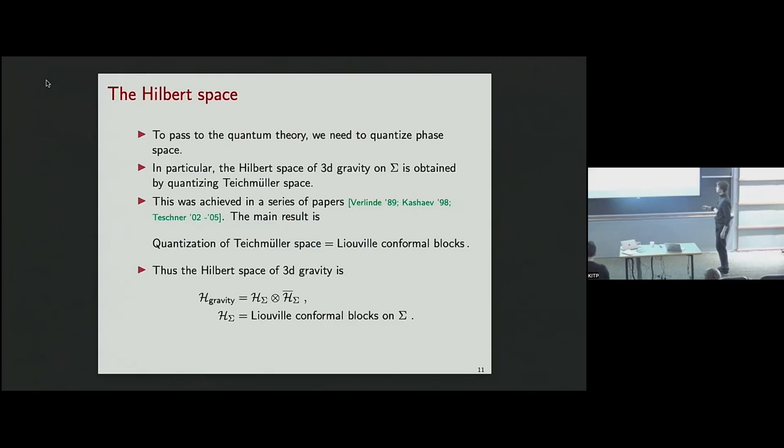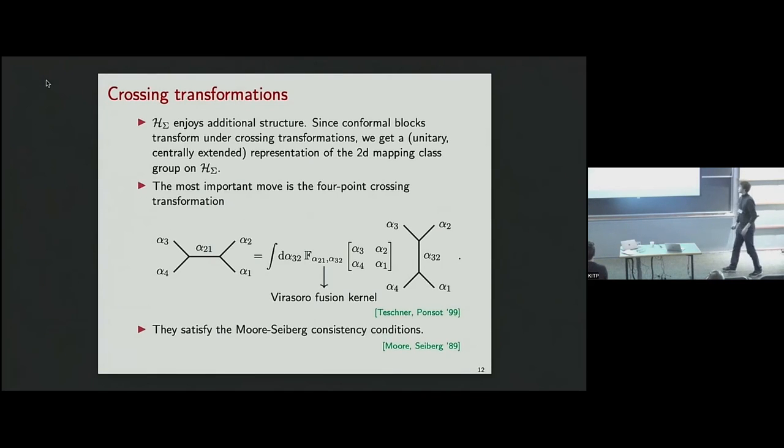And so the Hilbert space of 3D gravity you can identify with just the space of Liouville conformal blocks, and you can think of one factor as being left moving and the other factor as being right moving. Okay, so far this would not be extremely useful, because just having some infinite dimensional Hilbert space is not very useful. We need more structure to do anything useful, and the additional structure that we usually have in 3D are these crossing transformations. So we can do crossing transformations on conformal blocks, and said in a fancy way,